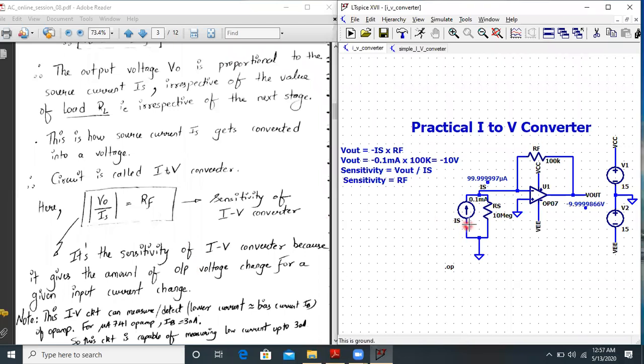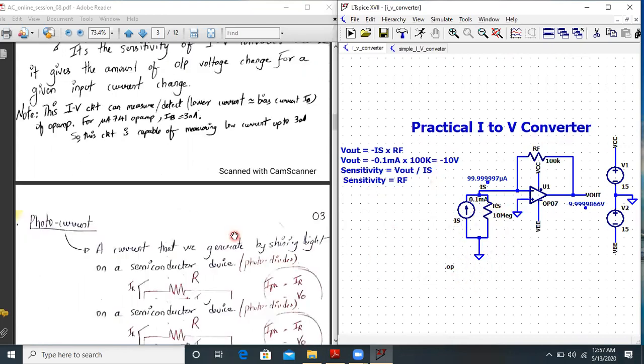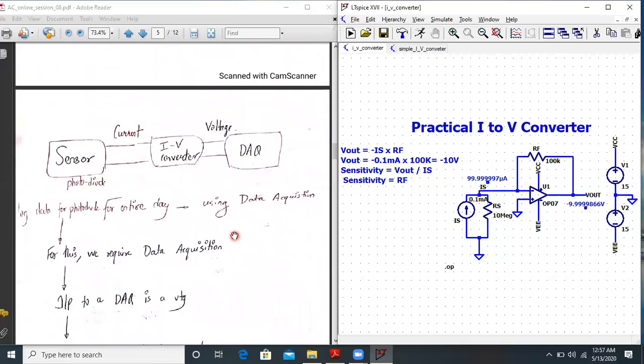So this circuit is called the I to V converter. We have seen that the sensitivity of the circuit is V out upon Is. So basically this current to voltage converter can measure or detect very low currents, but there is a problem over here.